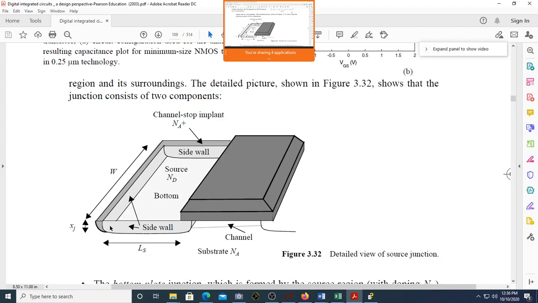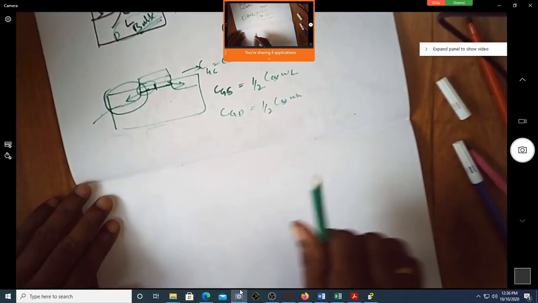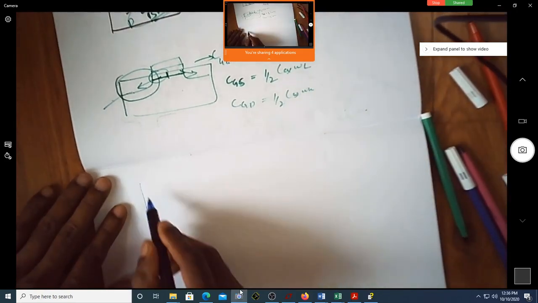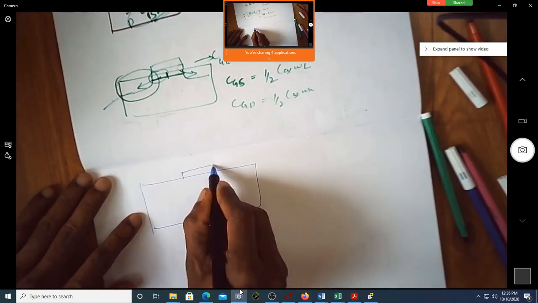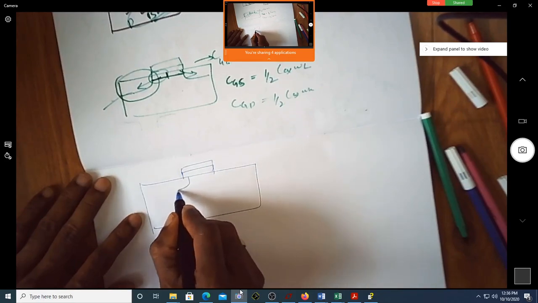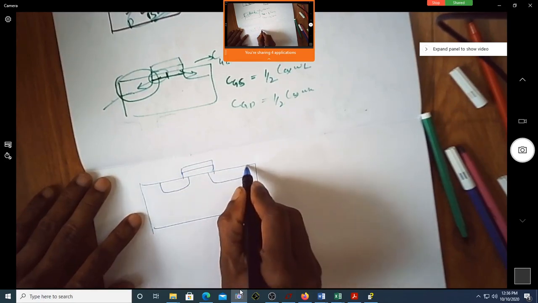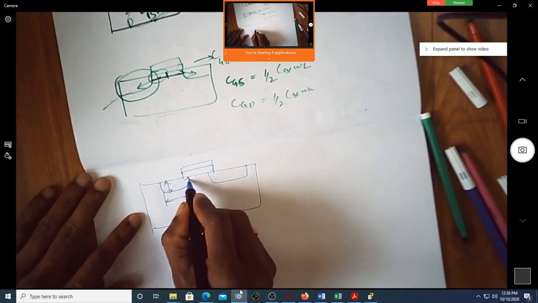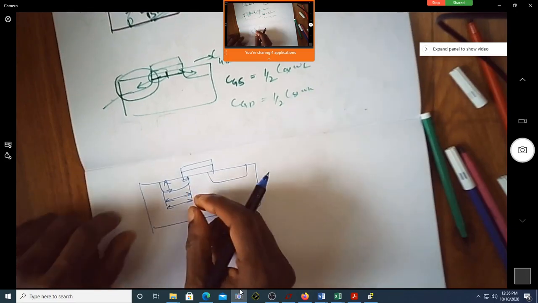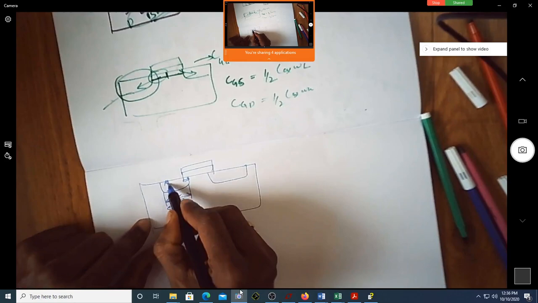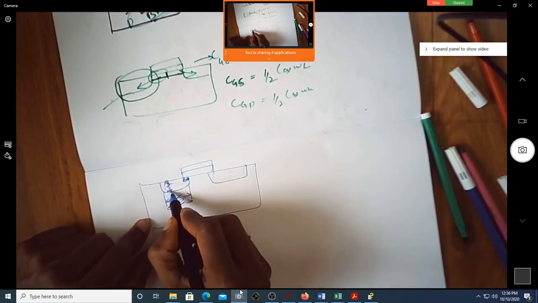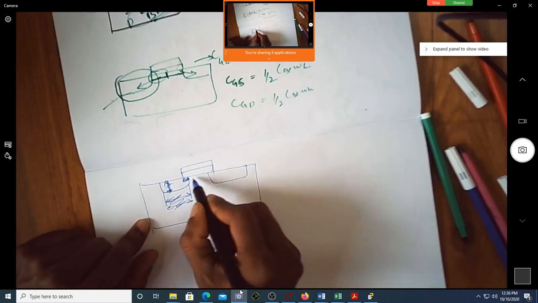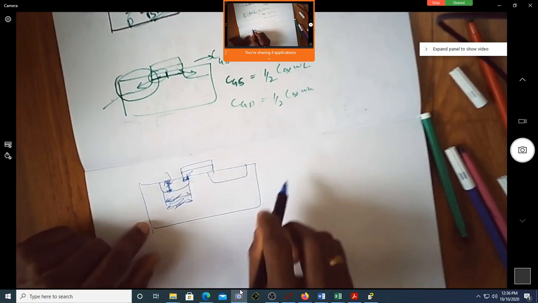What I mean to say is, suppose you have a transistor formed, how do you draw the transistor? You draw the transistor this way. This is the gate. You don't have control over this, and you don't have control over this. Of course, you'll certainly have control over this because that depends on your mask. This is the depth, and this is the lateral diffusion. So you will not have control over these.